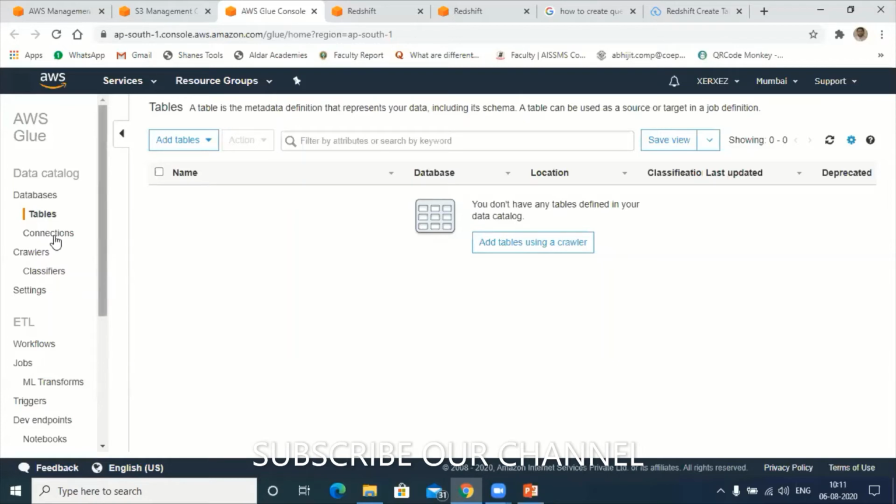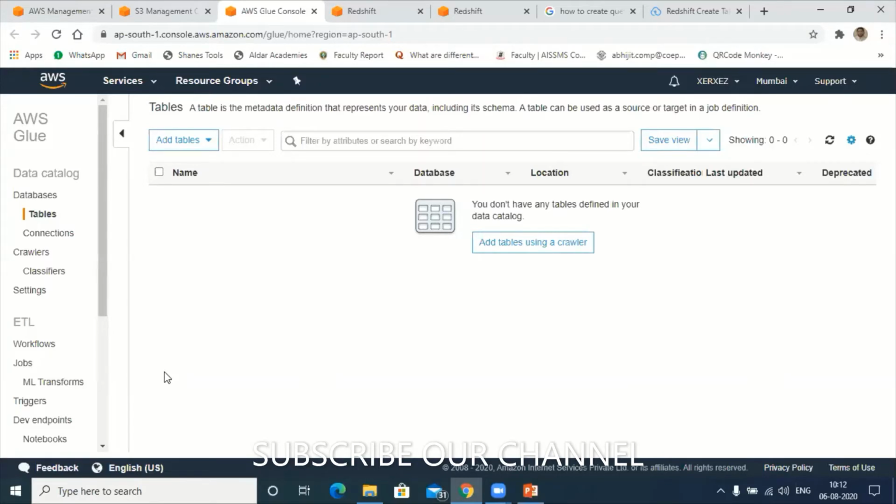Okay, so after configuring these three things, that is the connections, first the classifier, next comes the crawler, next comes the connections, next we can run the job here using the option called jobs. We can even trigger, but trigger comes later, once your job is activated. Let's first create.